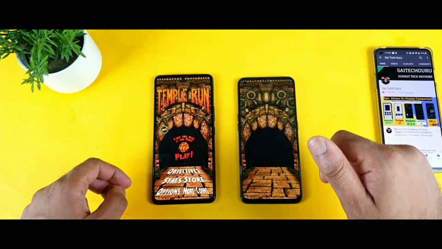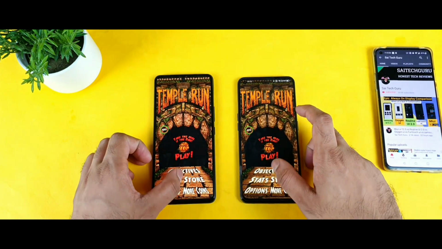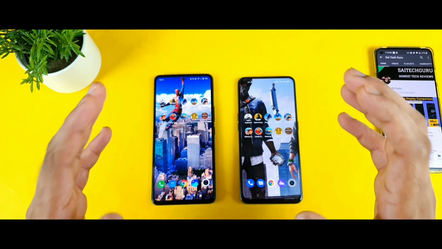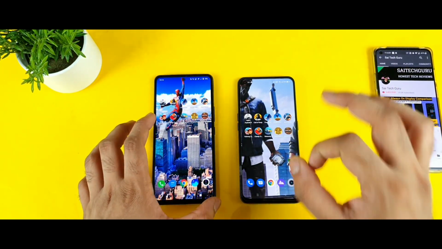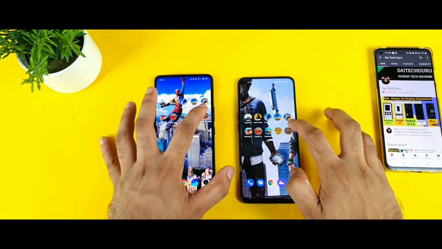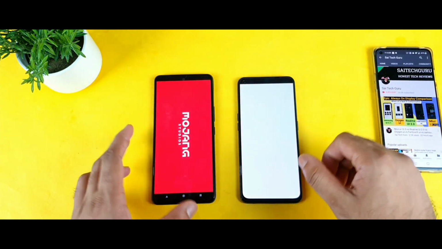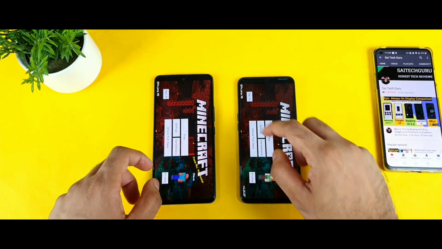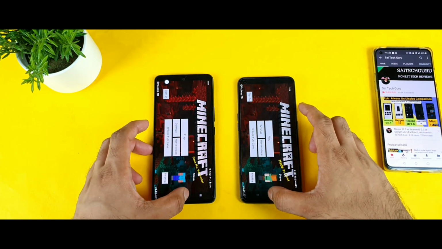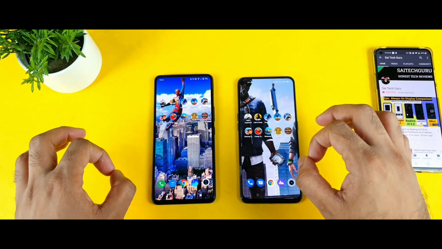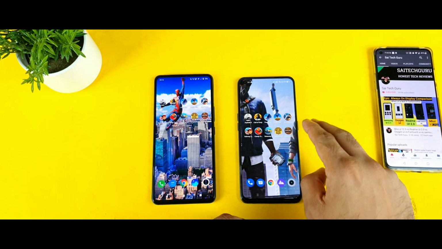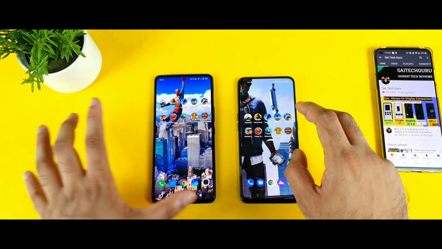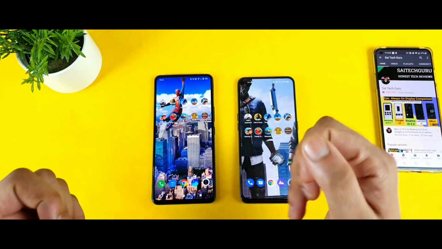So first to boot up is the IQ7 device. First, as you can clearly see, friends, I'll try to do the 120 FPS gameplay comparison between both phones. I'll try to show you the real-time proof of which phone is capable of playing 120 FPS. You will get to know how good the Snapdragon processor actually is. I'm not saying the IQ7 is, I'm saying the Snapdragon processor. So that is what you need to consider. And the Minecraft also, the Realme X1 Max is a clear winner. So in this case, the two games clearly won by the Realme X1 Max are Getaway 2 and Minecraft. These two. Apart from that, every game did open slightly faster in the IQ7 device.